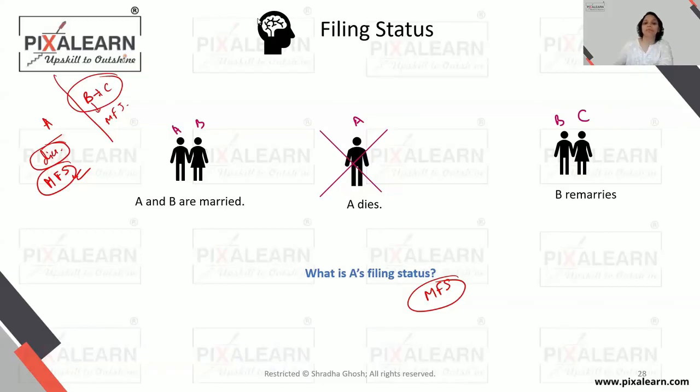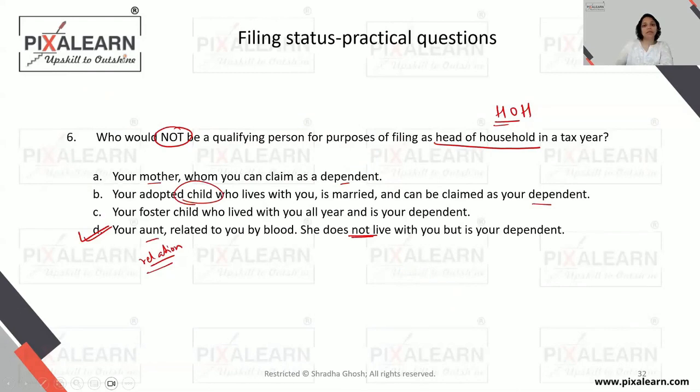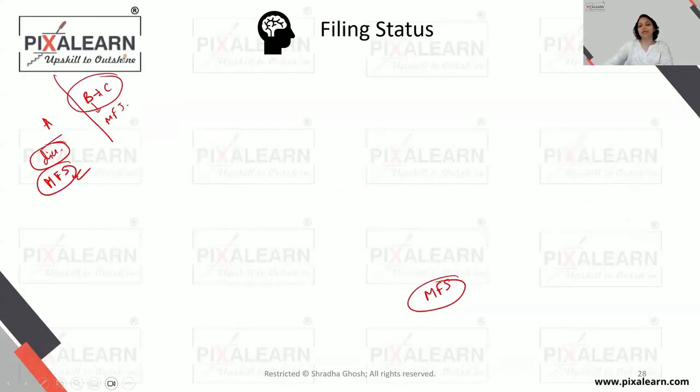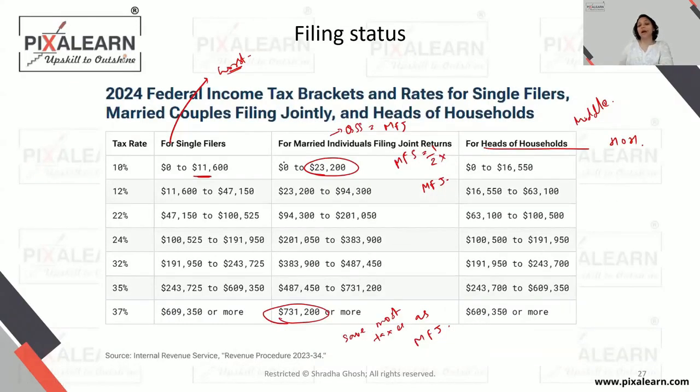Naveen, is this clear? At the time when A died, A was married, right? So you would have been allowed to file a married filing jointly return. But now since B had remarried, you cannot file a MFJ. So there would be a married filing separately return filed for A, who is no more, in his last return. Okay. Tax rates are not the same in married filing separately and single. See, if you look at the tax rates here, married filing separately will be half of married